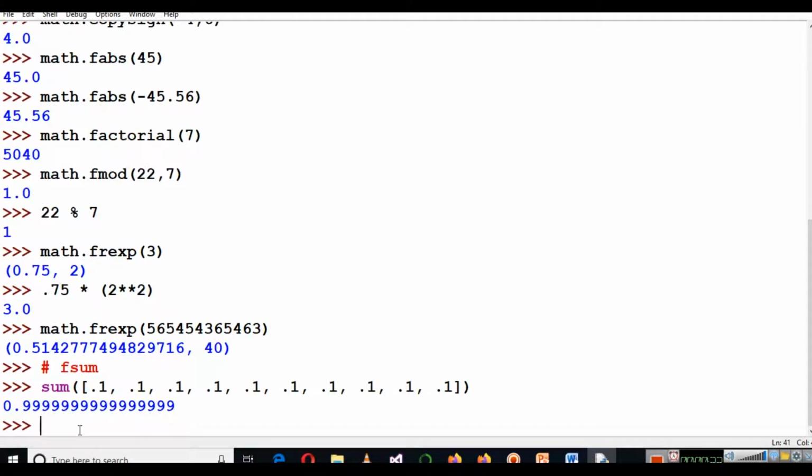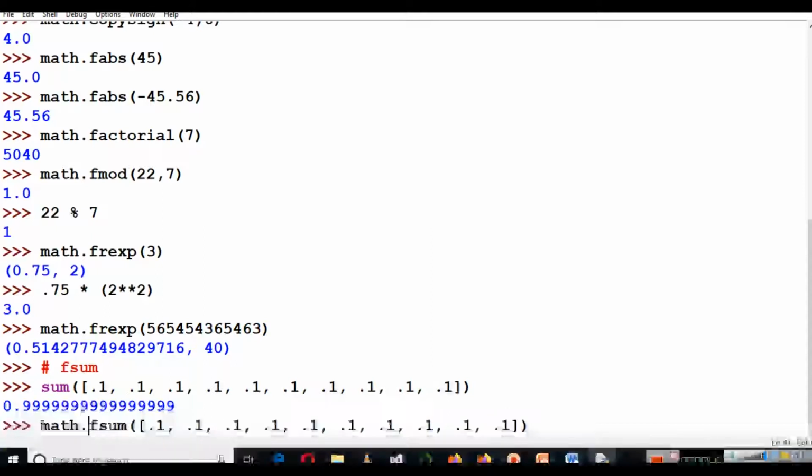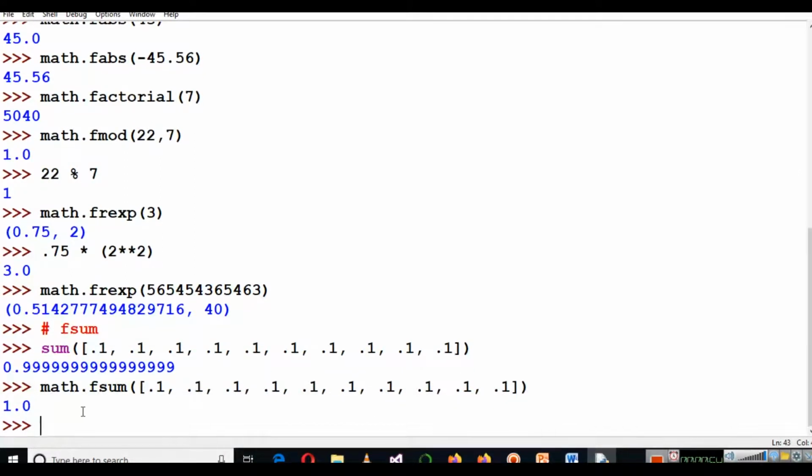But we cannot write the fsum method directly because it's a method of the math class. So you have to write math.fsum. It returns the accurate sum of these numbers, so you will now get an accurate sum which is approximately equal to 1. This is the accurate sum and this is the approximate sum value. This is the work of the fsum method.